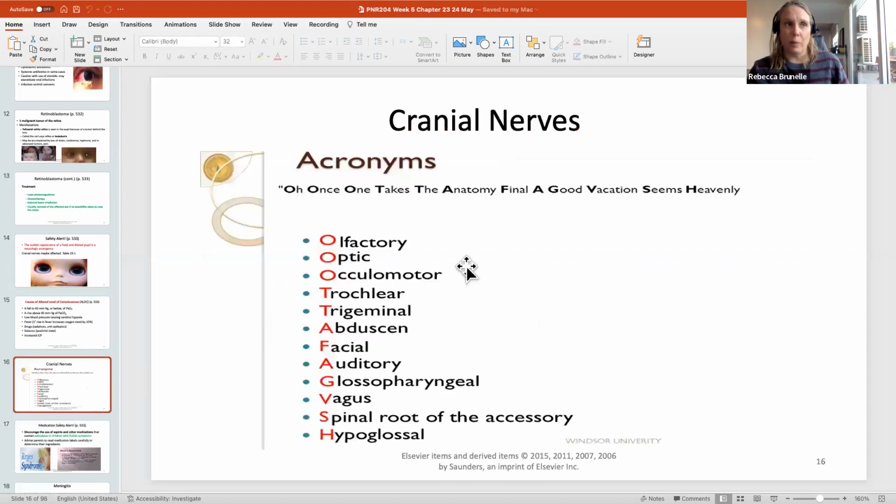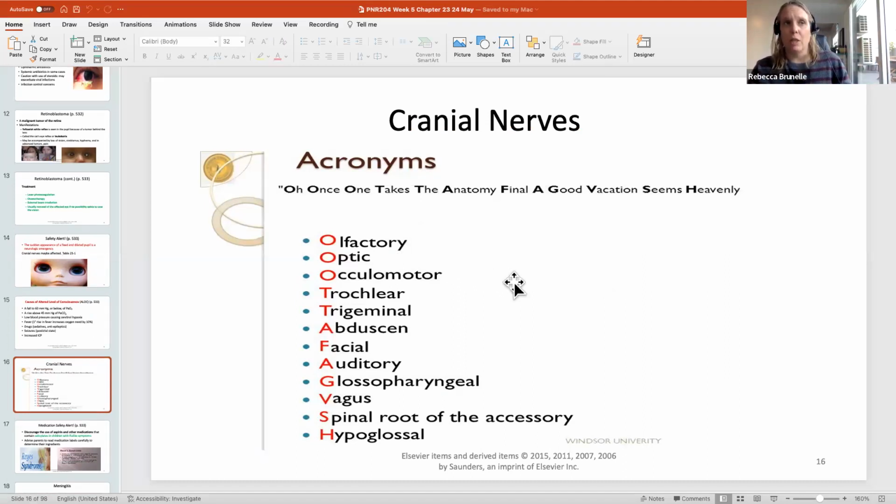When you're talking about a neuro assessment, it's important to always remember the cranial nerves. I don't think that you need to memorize all of the cranial nerves, but you do need to be able to recognize how, during an exam, you would elicit different cranial nerves. So you would test the olfactory nerve by having the patient smell something. You would test the optic nerve by having them see something, and the oculomotor by tracking their ability to